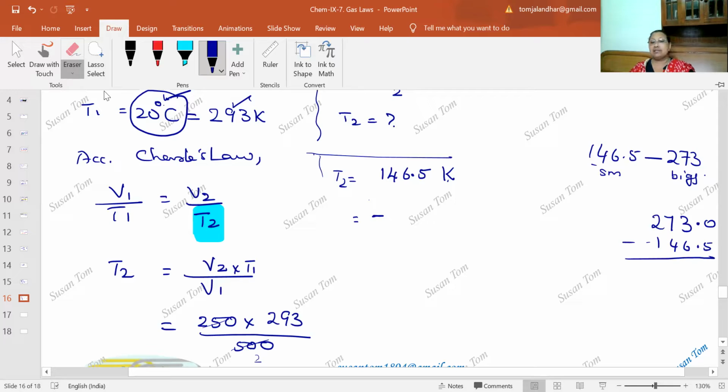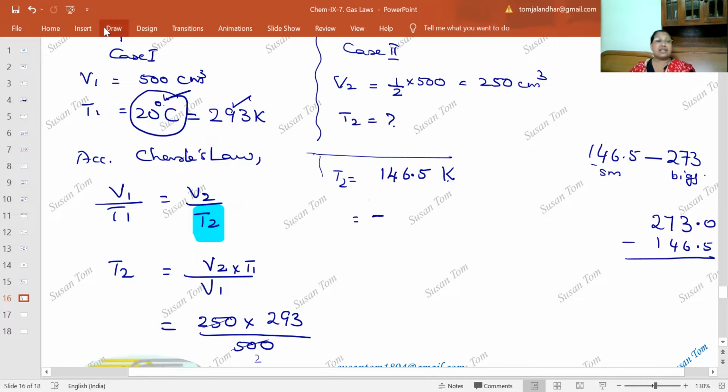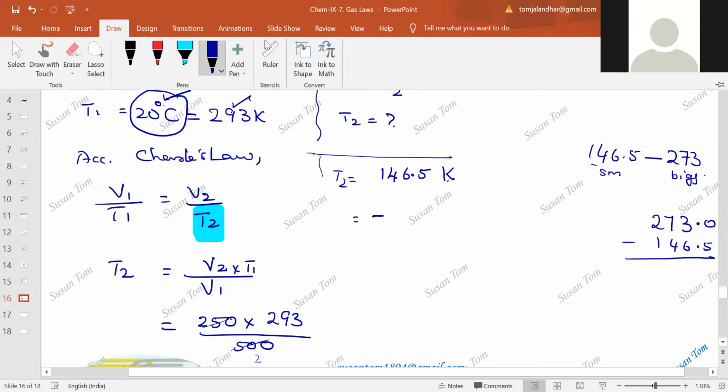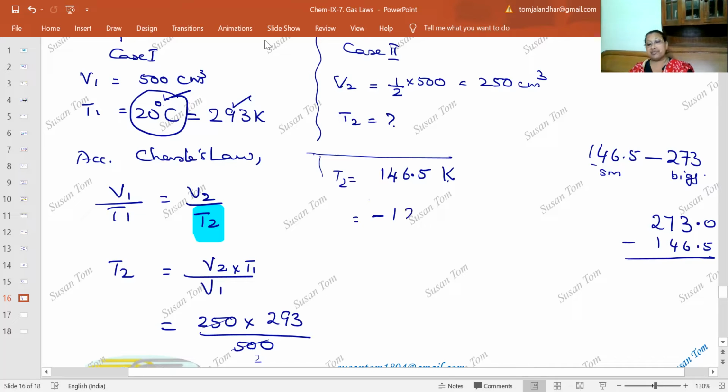Is it okay, children? Yes, ma'am. Solve and get the answer. Minus 126.5. Because it's there in the book. Okay, but this is the method I was showing you. Minus 126.5